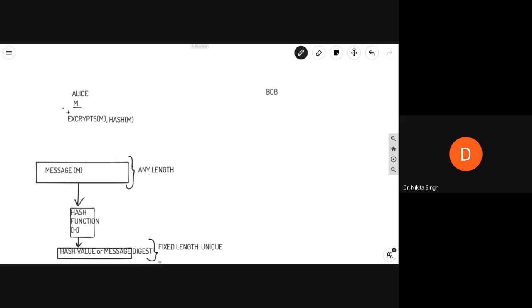And this information is what Alice will send to Bob. So this information is transmitted to Bob. Now when Bob gets this message, he will get this encrypted message,